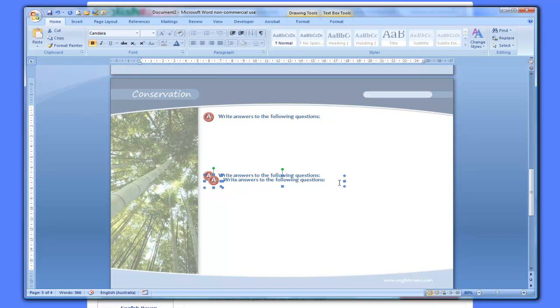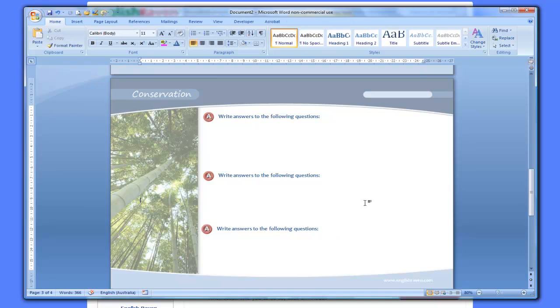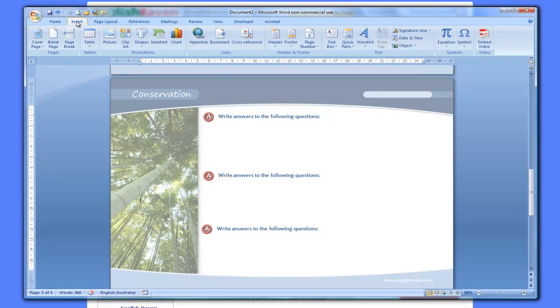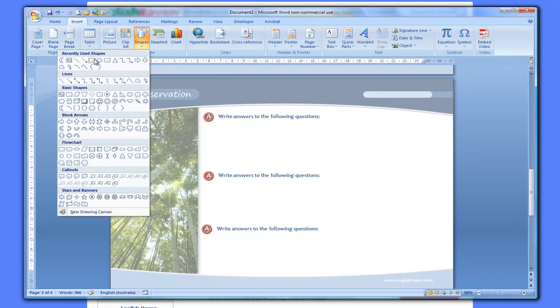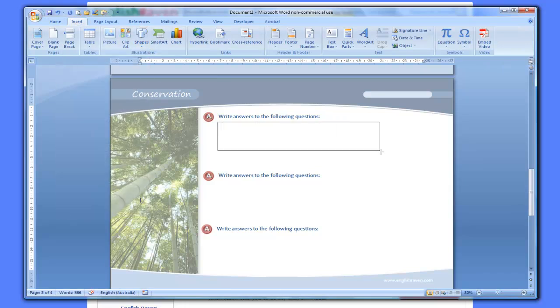Wait for it, don't be impatient with it. All right. See how that cross appears? That means I now have permission to drag my stuff around. We can line these up later. Now what I'm going to do is insert another text box, a floating transparent text box, like so, and